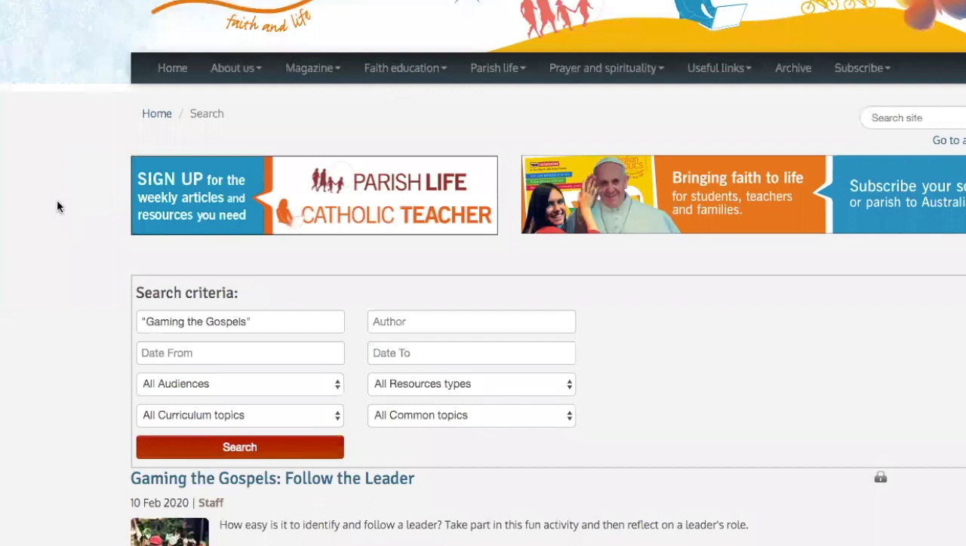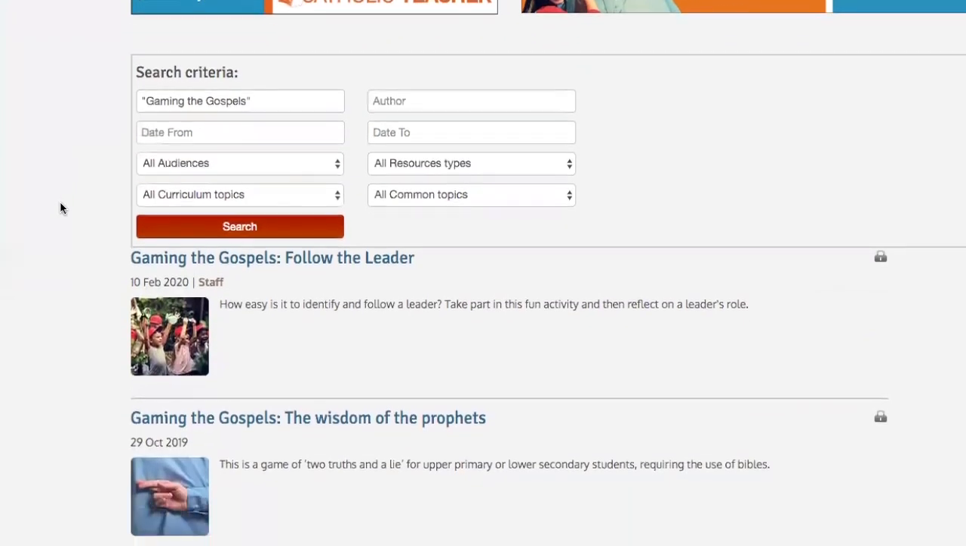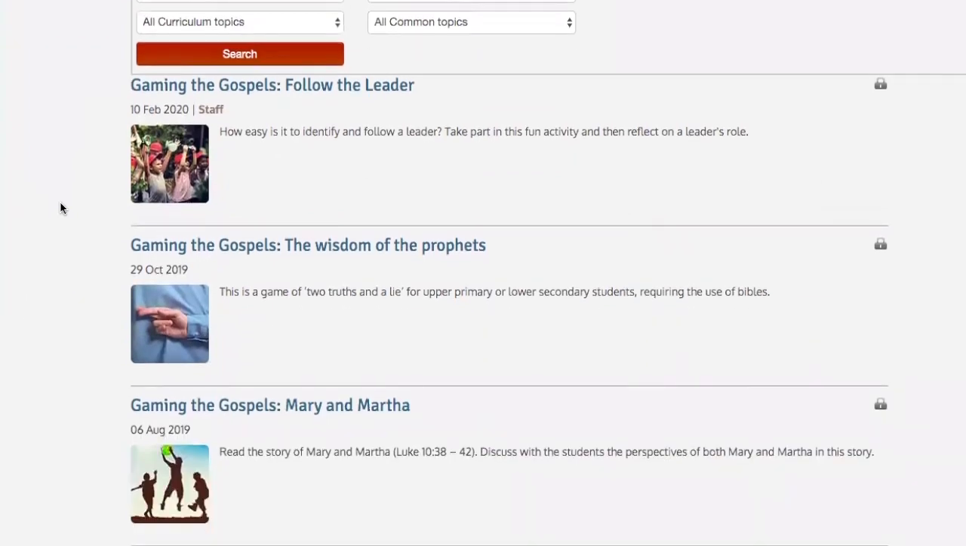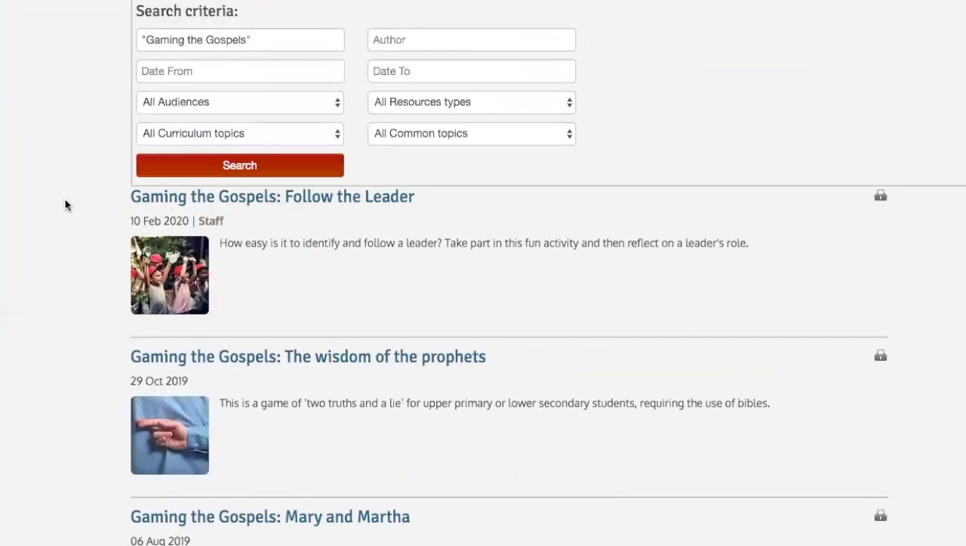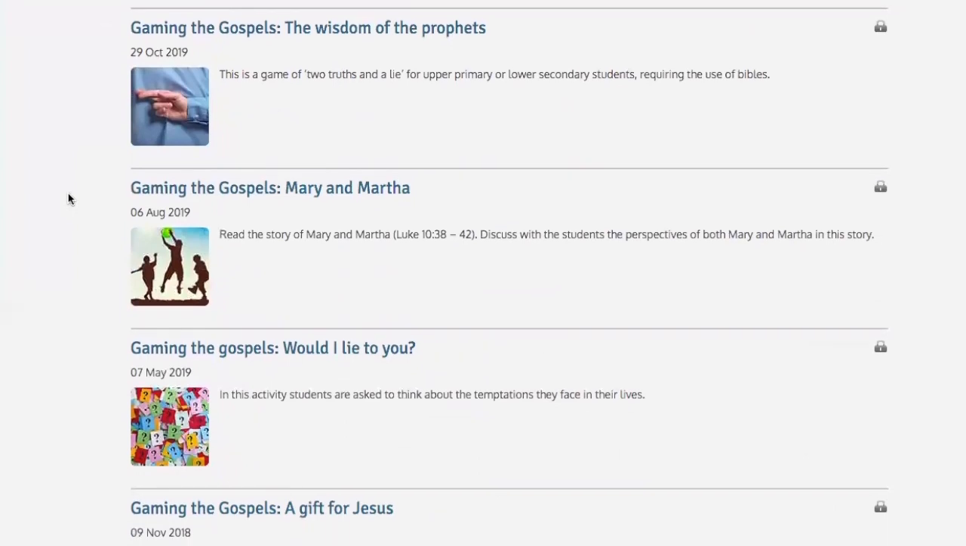And then another search term would be Gaming the Gospels. Again, what we like to do is take gospel stories and then try to find a way to engage, particularly younger people, around the messages of that story by playing a game. So if you search for Gaming the Gospels in our search, you'll be able to see a list of some of the different ways that we've tried to engage different stories. For example, this story of Mary and Martha,